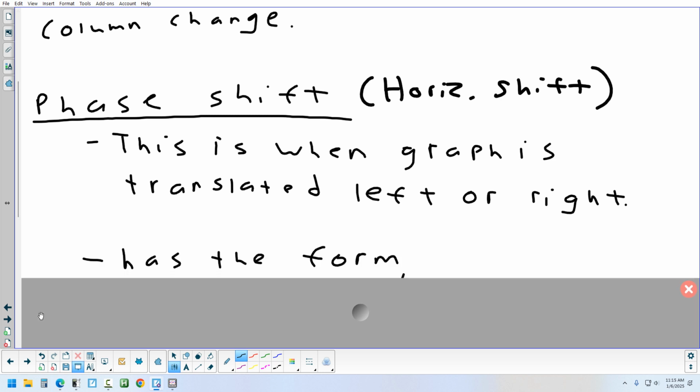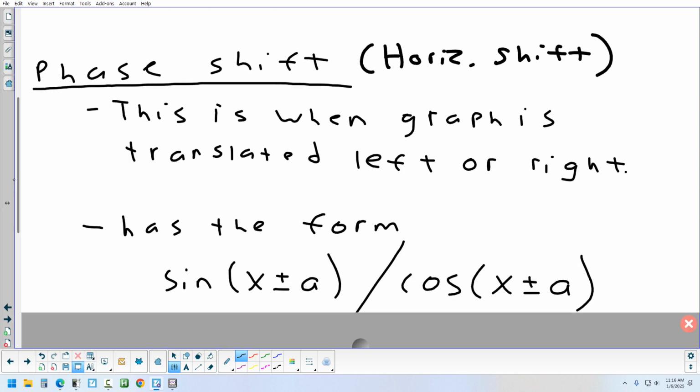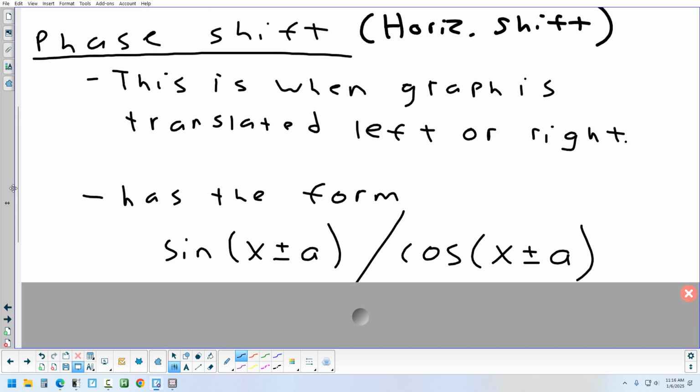When you do a shift, any kind of shift, what arithmetic is involved? Which operation? Is shifting when you add or subtract, or when you multiply? Add or subtract. Where do you add or subtract? Is that on the inside or the outside, when it's a horizontal shift? Inside. Yep. So if you do sine of x plus something or minus something inside your argument,